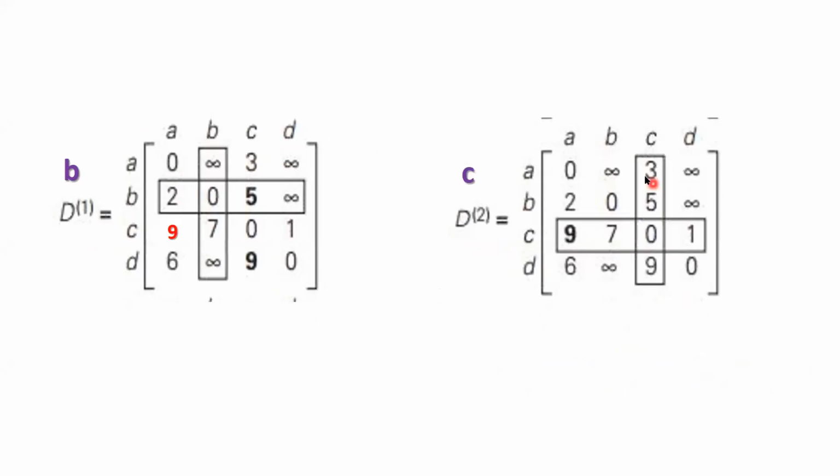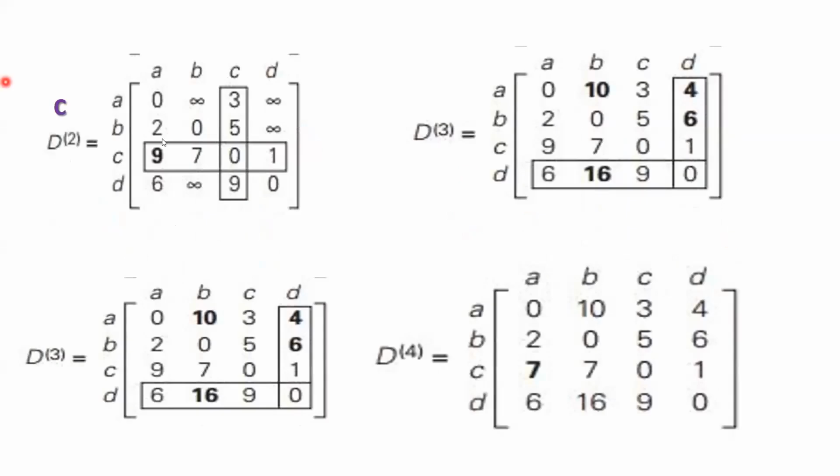I am retaining, only I am shifting the vertex from B to C. In D1 I have considered B as intermediate vertex. In D2 I will consider C as intermediate vertex. We shall have to proceed further. So C as intermediate vertex, we shall check some of the elements because of course now we are already comfortable and familiar with the procedure. We shall just check for some random elements.